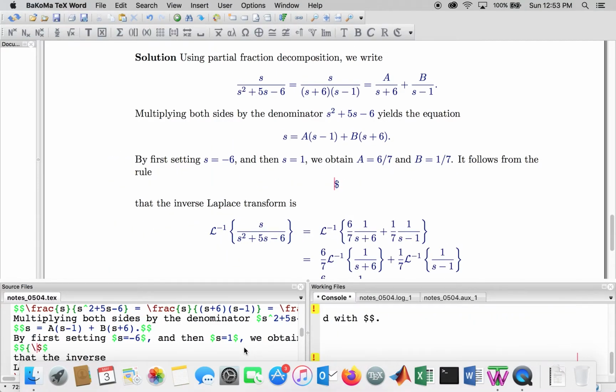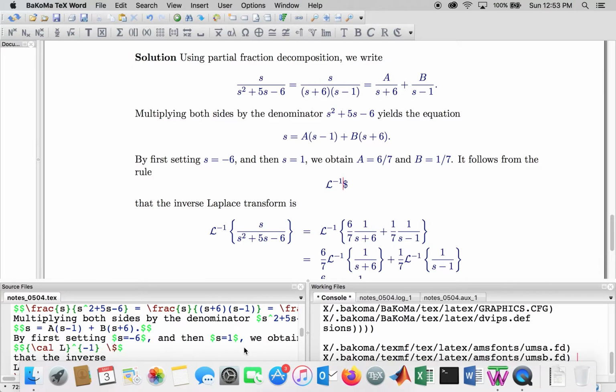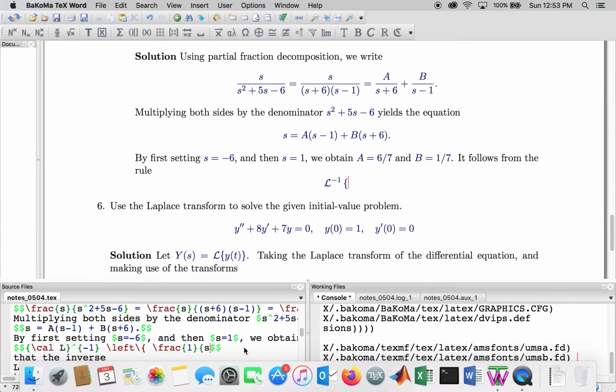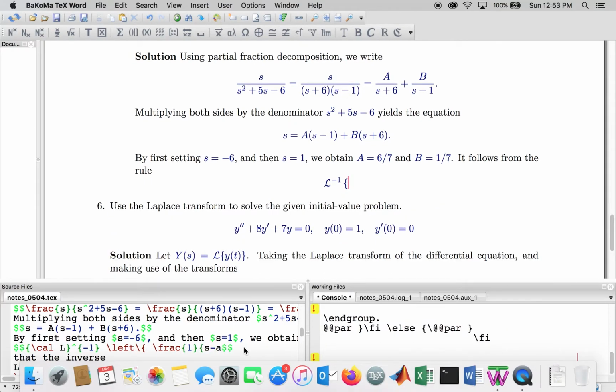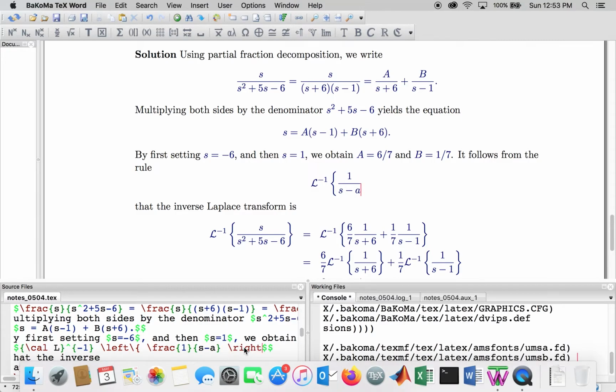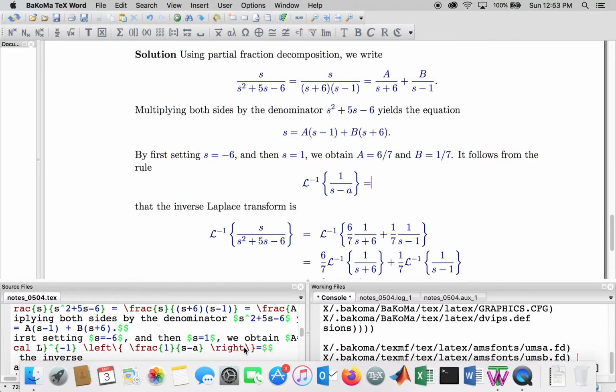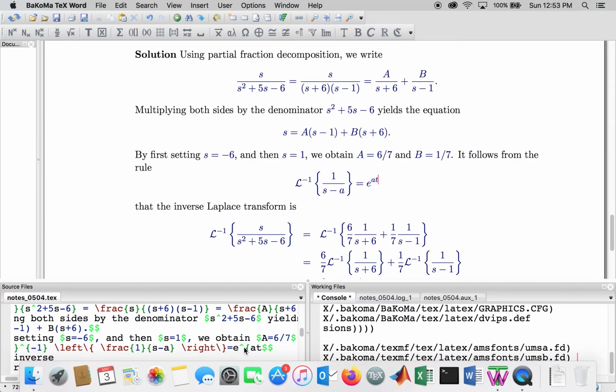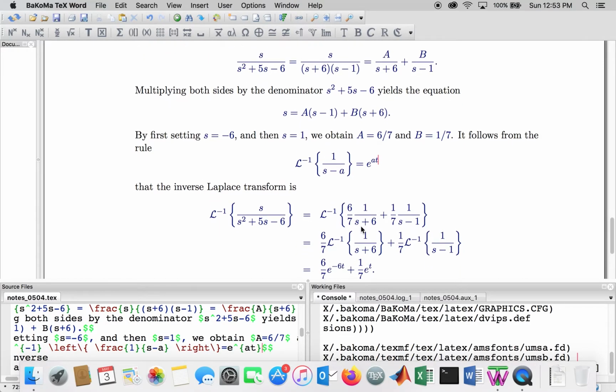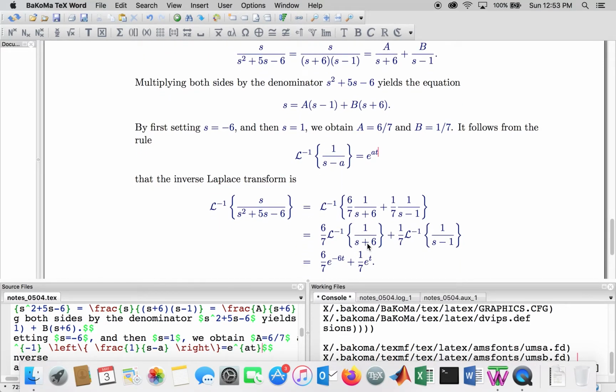That the inverse transform of this fraction is equal to e to the at. So that's what we have down here. In this case, we have a equal to minus 6, and over here we have s equal to 1. So we apply the inverse transform, this rule, and we get e to the minus 6t in the first term